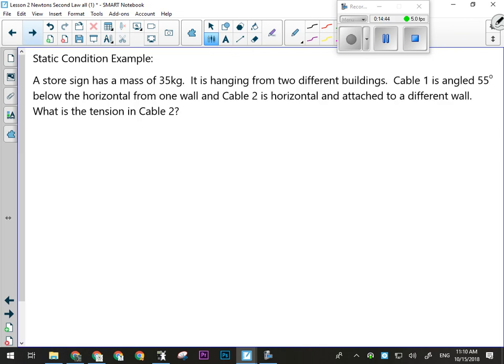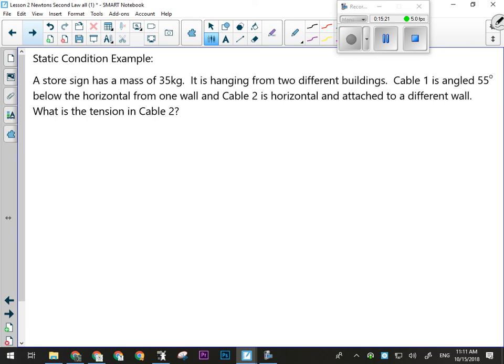Okay, this is what we call a static condition example. Static condition is exactly what we just did in part C of the elevator question. It's static because the object is not changing its velocity. So static questions involve a net force of 0. Okay, so this store has a sign that has a mass of 35 kilograms, and it's hanging from 2 different buildings. Right? Cable 1 is angled 55 degrees below the horizontal from one wall, and cable 2 is attached horizontally